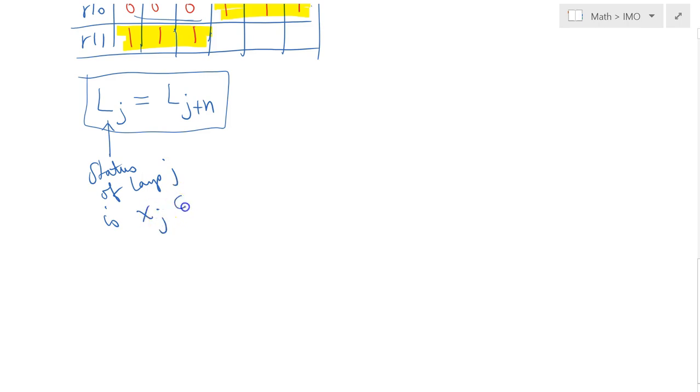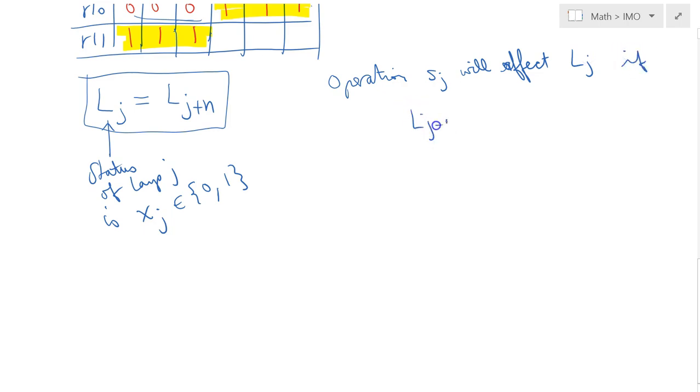Now x sub j is either turned off or turned on, so it's binary, right? And we are told that we have operations, for instance, s sub j will affect the lamp L sub j if L sub j minus 1